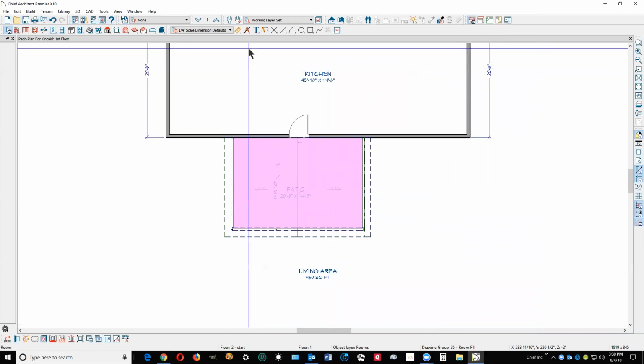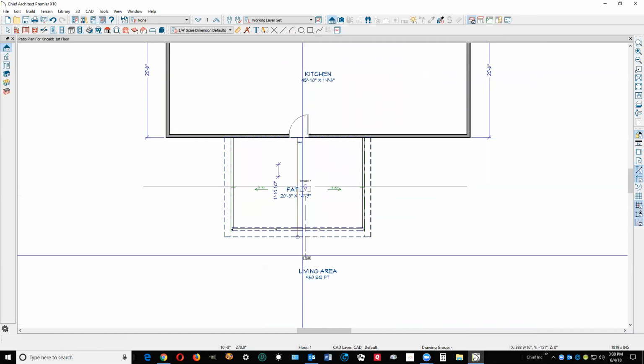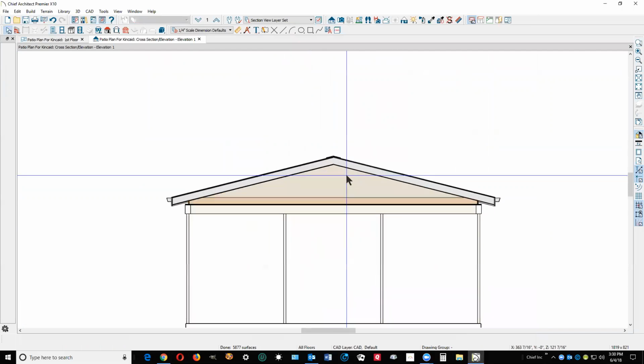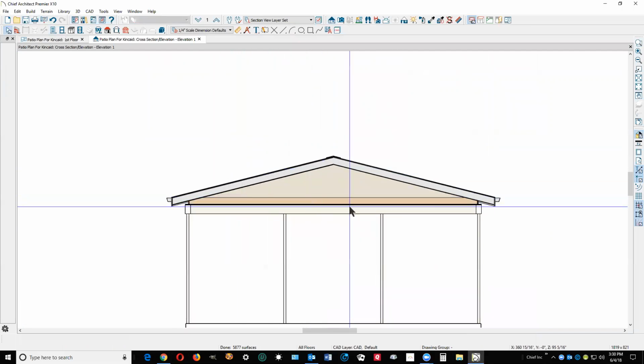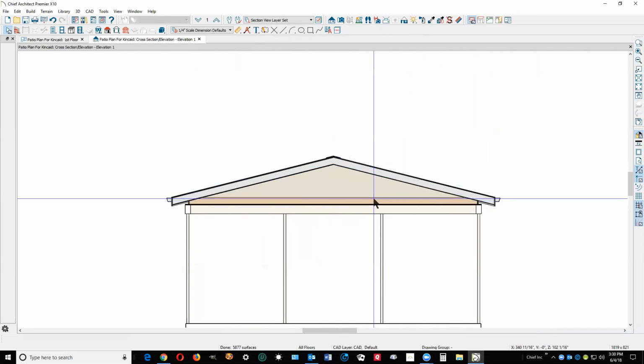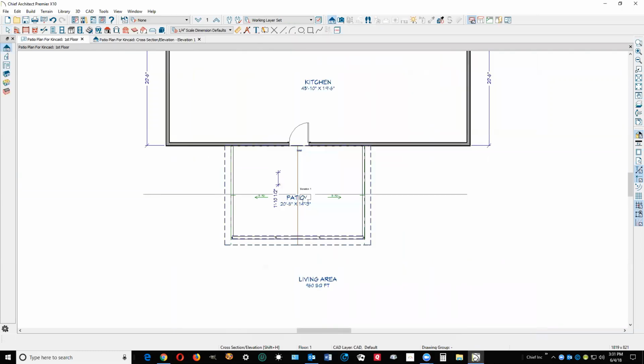Now, as I said in my earlier post, I'm going to do a cross-section camera here. All the truss tool does is fill this void up that you created between the roof planes and the flat ceiling. That's all it's designed to do. So I'm going to go back to plan view, and